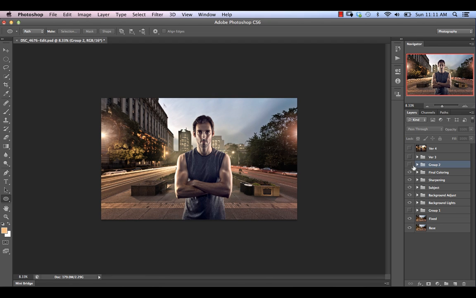So for our final version, we have to make sure that we've got our third variation turned off, but we do want to keep the original variation, so we do want to have those background lights in place. And now we're just going to select our layer before all of this action up here, and we're just going to create a stamp visible layer. So we're going to do that by hitting Command Option Shift E or Control Alt Shift E if you're on a PC. And that is essentially going to take everything that we have down below and create one flat layer with all of that information,